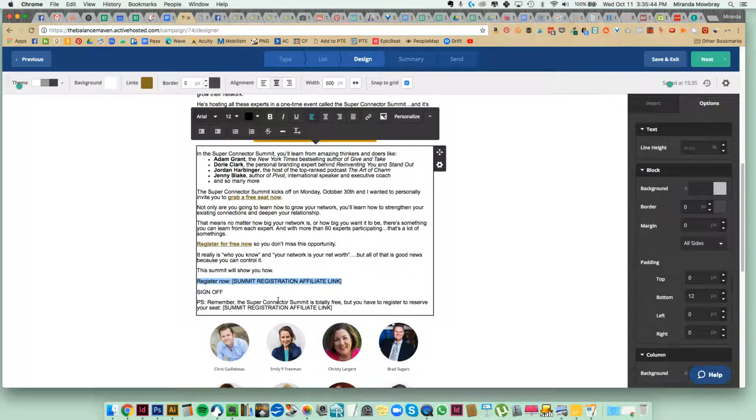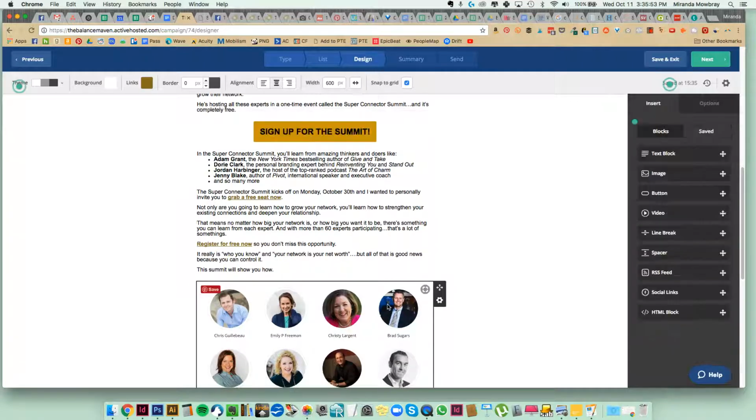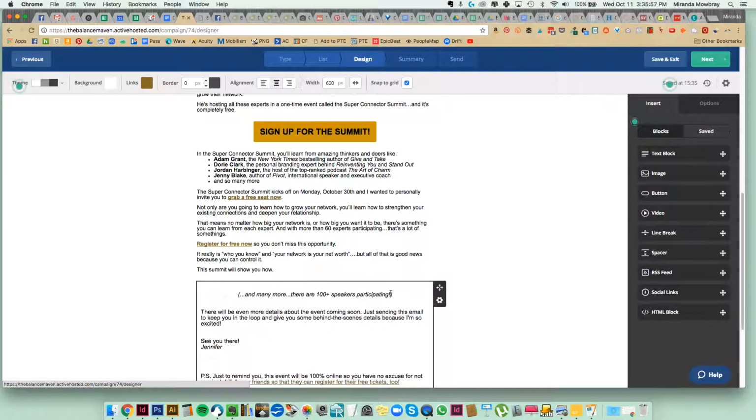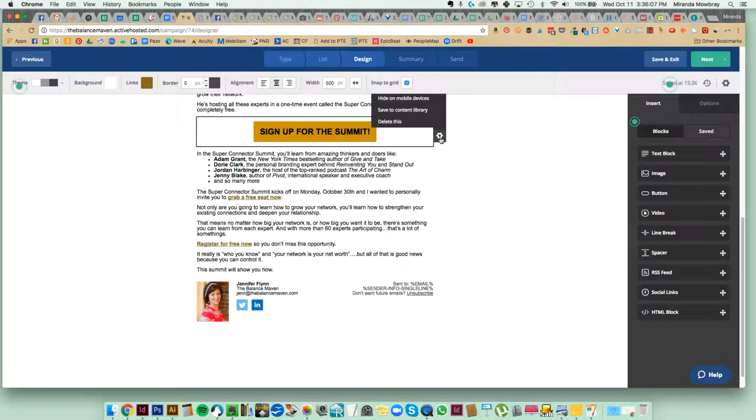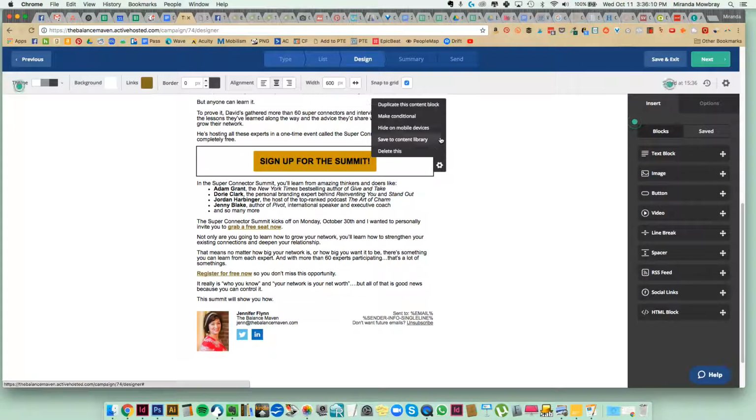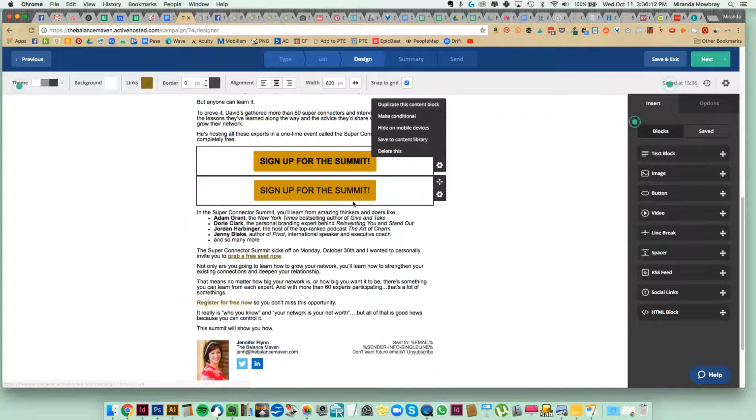All right, so I'm just gonna add one more button at the end here. So basically, this is still content from the previous newsletter, so I'm gonna delete this. Delete this. And then this is her thing that she puts at the end of all the newsletters, so we're gonna leave that. I'm gonna go over here to this button, click on the settings thing, duplicate this content block,